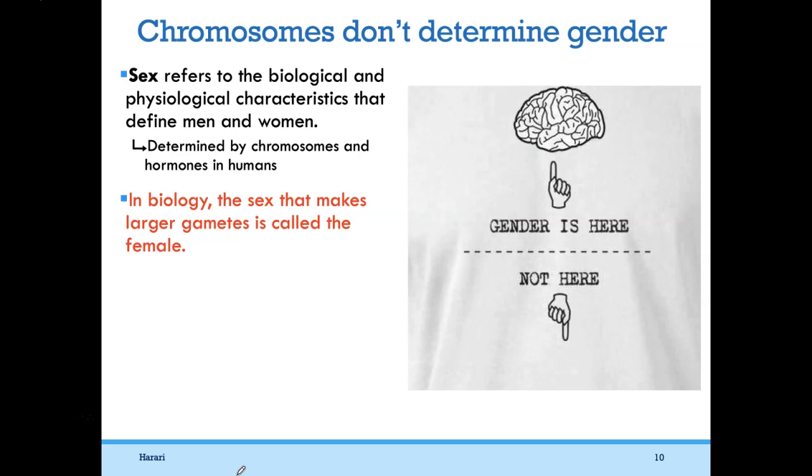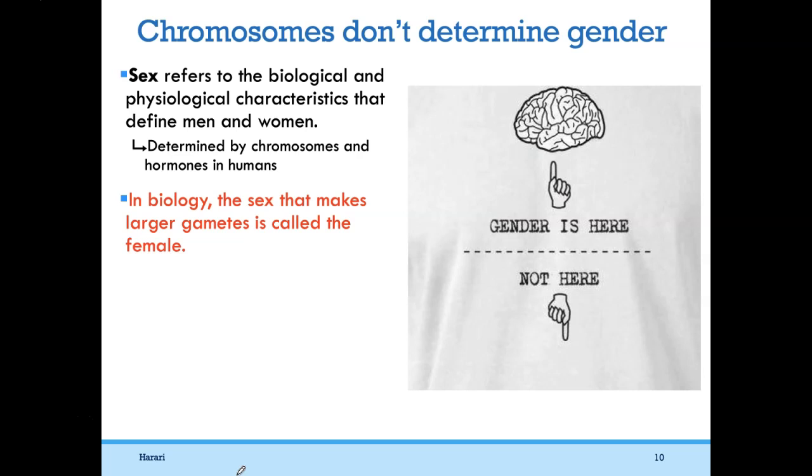And the way that we can simplify this is that in all organisms, because plants, for example, make pollen. We don't call the male gamete a sperm cell if it's a plant. We call it pollen. But in all of biology, the sex that makes the larger of the two gametes is called the female. So that's sex. So since the egg is so much larger than the sperm,